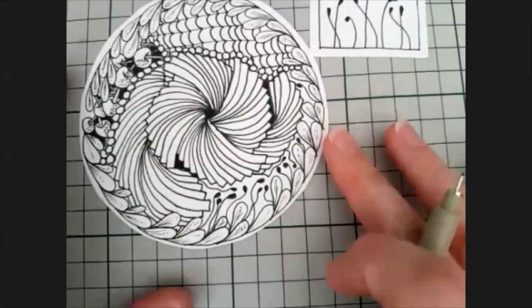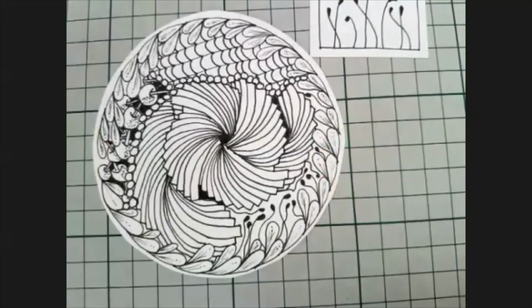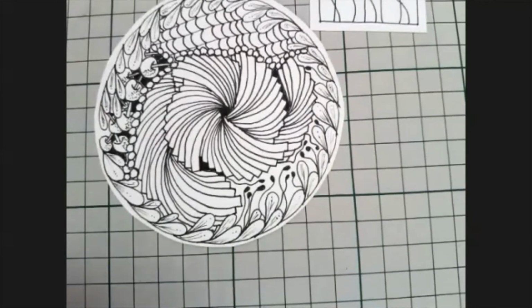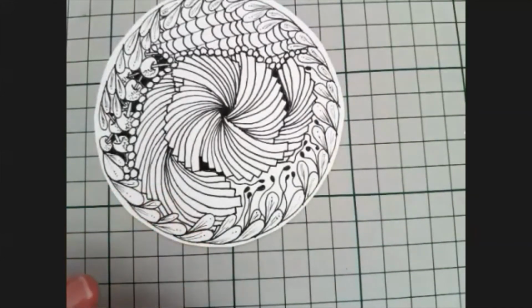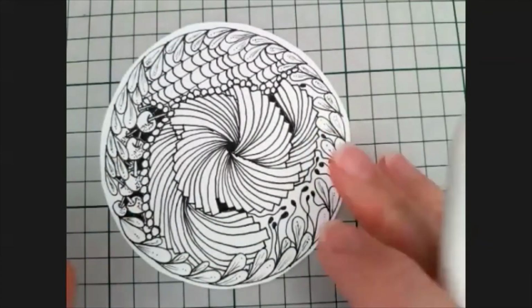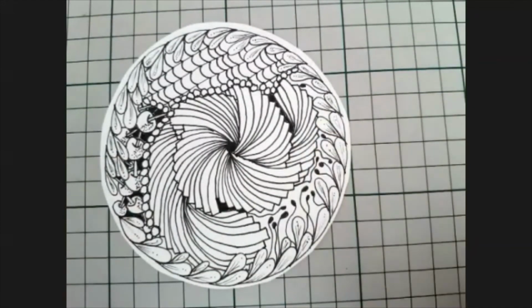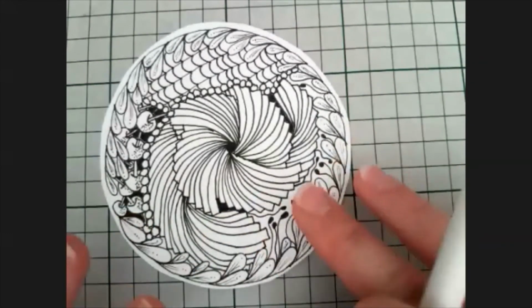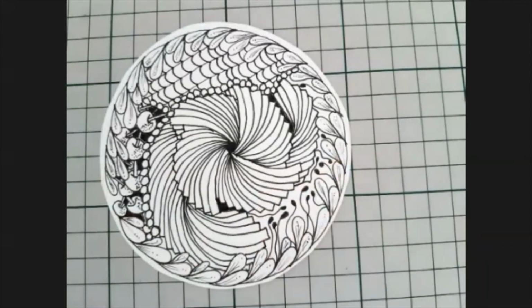So I think now I'm going to look at doing some shading. When we shade in Zentangle, we're not thinking about light. We're really just thinking about giving some dimension and making a 2D picture look 3D. So I'm going to use graphite pencil,